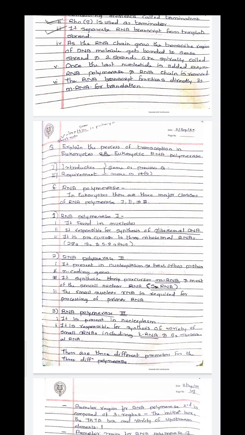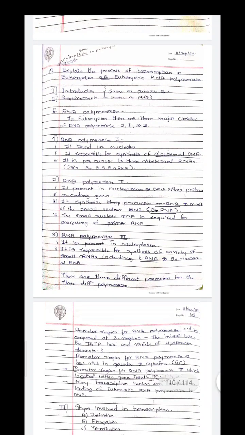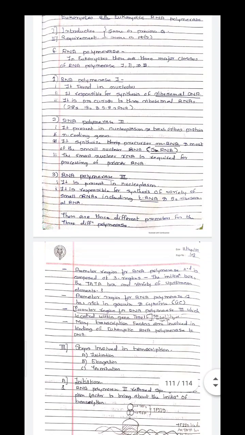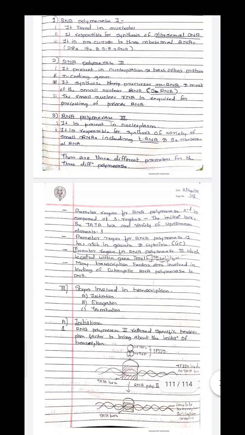So these are the 3 different enzymes which are present in eukaryotic cells. तो शॉर्ट नोट के लिए खाली आपको यूकैरियोटिक RNA पॉलीमरेज के ऊपर भी क्वेश्चंस आ सकते हैं. So this is the requirement. Then the promoter regions for RNA polymerase second is composed of 3 regions: the initiation box,